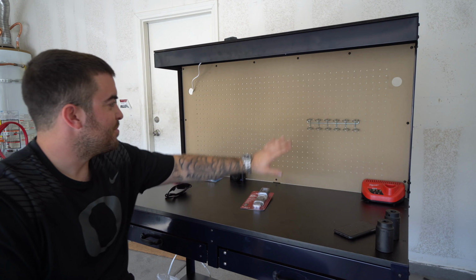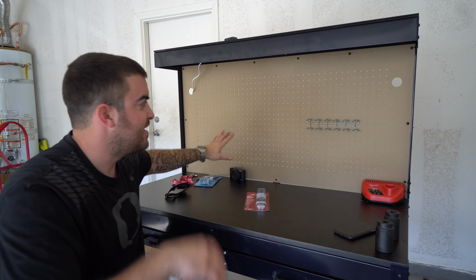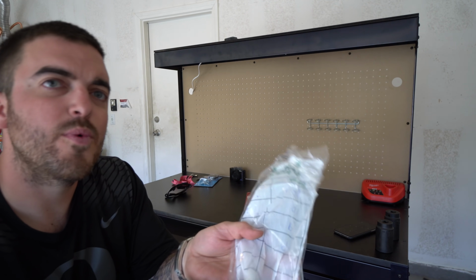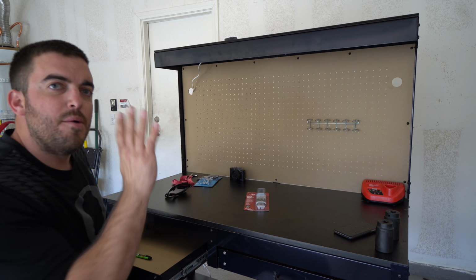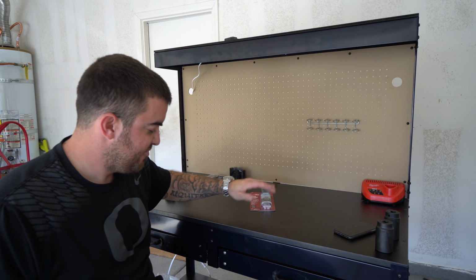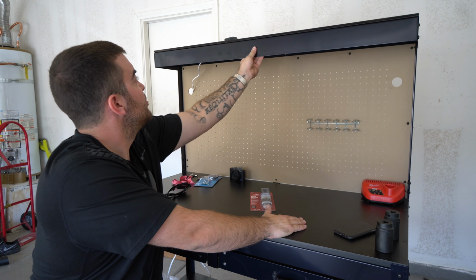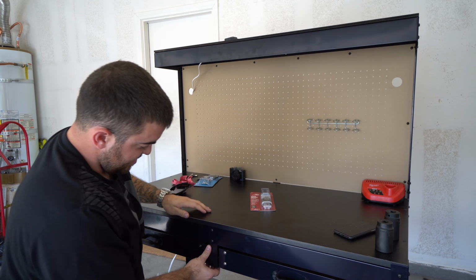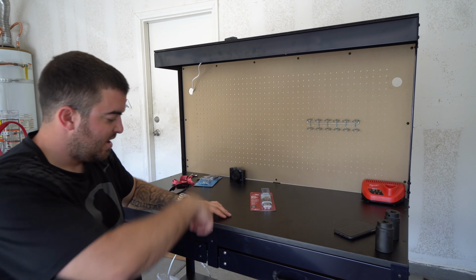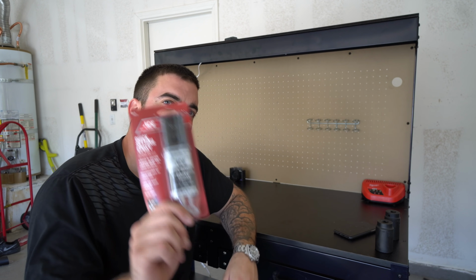So now that the drawers are all complete and I've got a couple of peg hook things to hang up, and I also got a bunch of hardware for anything that I want permanently attached to the pegboard. I haven't overcome the power solution yet, that's for later. But these wood tops, you can see, are a little bit flimsy when you push the drawers in and out. I was initially gonna run some additional screws through the top, but I thought instead I'm gonna